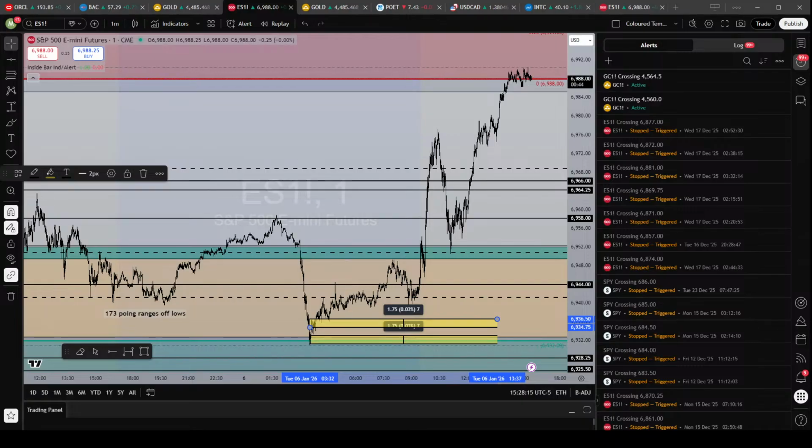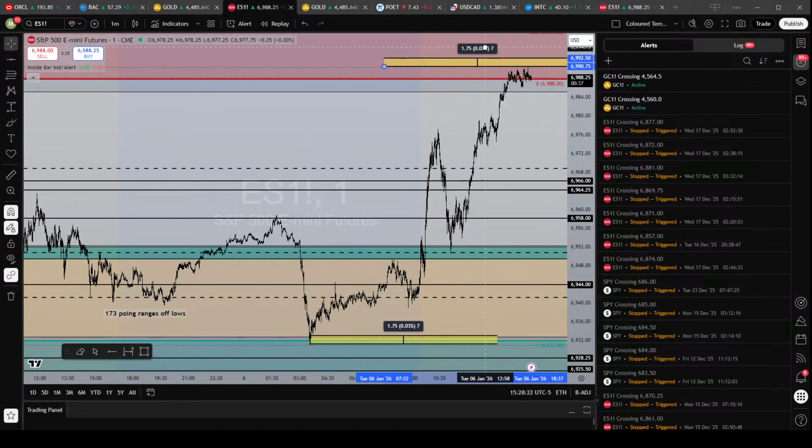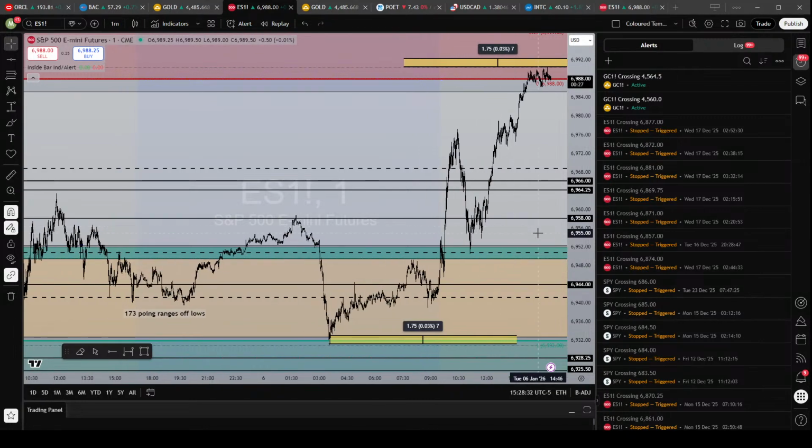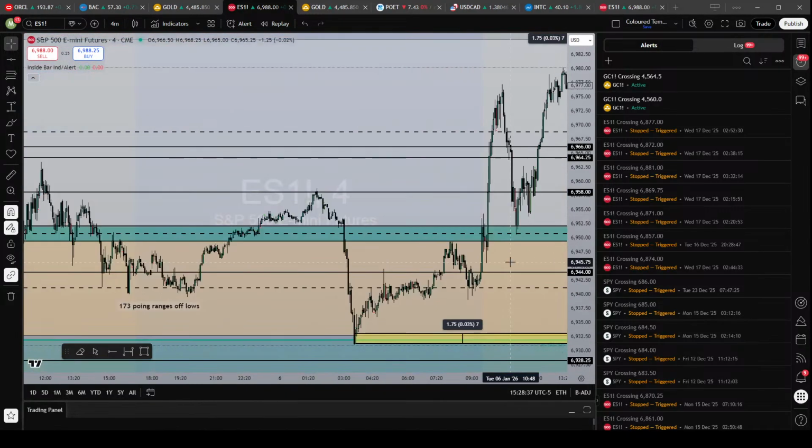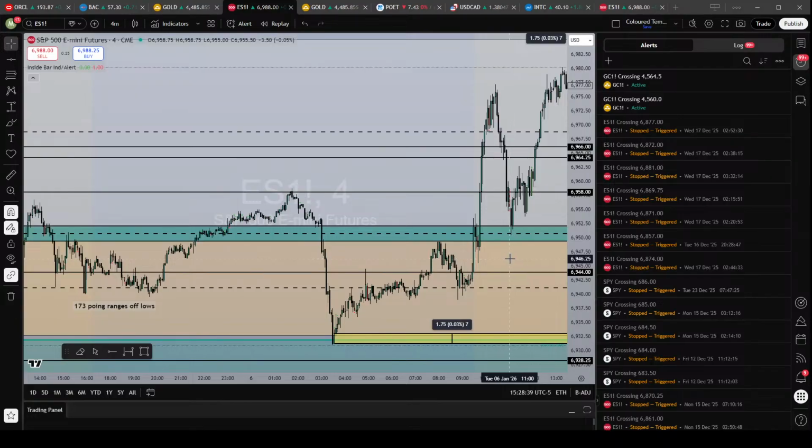Failed to break the means. Yeah, well, yesterday they also failed to hold above 4952, so that was something that stood out. Yeah, and today in real time, they did a really good job. Let's put this on like a 4-minute. They did a really good job today of holding that range. Do you guys agree? In real time, holding above 49, 51, 52. So they held really nicely above the channel,